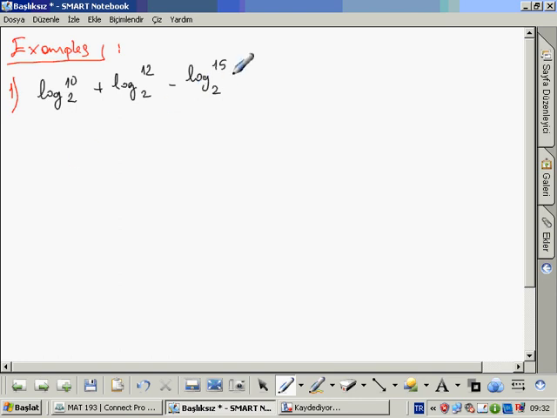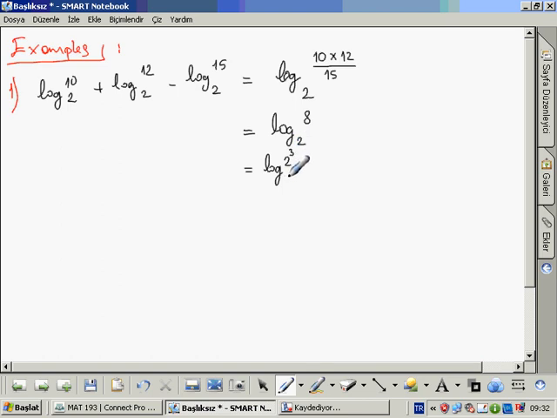So it will be logarithm of 10 times 12 over 15 to the base 2, and after some cancellation you will obtain logarithm of 8 to the base 2, and we know that is the logarithm of 2 to the 3